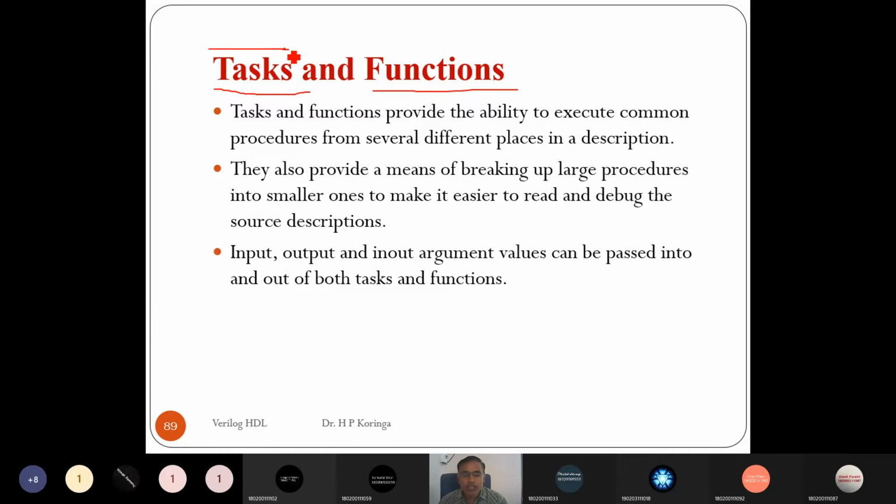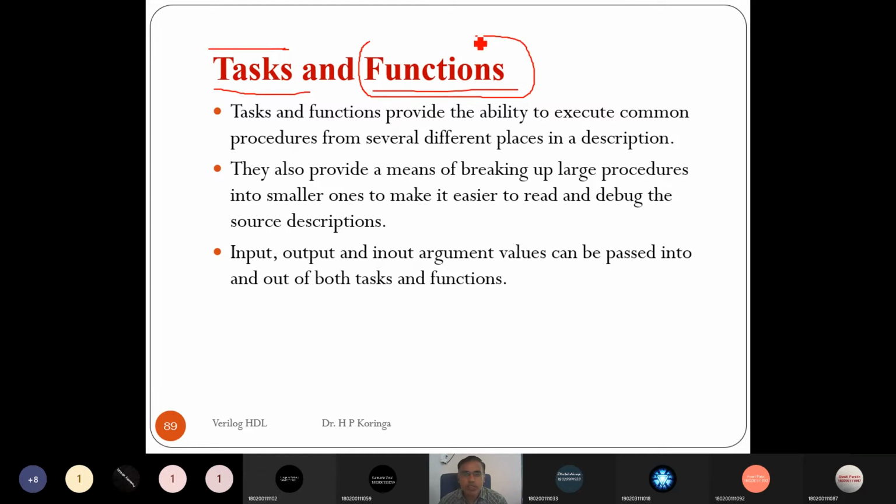There is no need to write that group of statements multiple times in a program. It can be separated out by writing it one time, and every time we just call the task. Similarly the function.